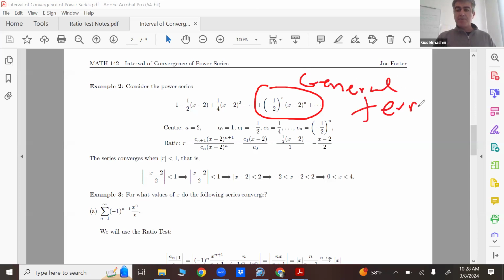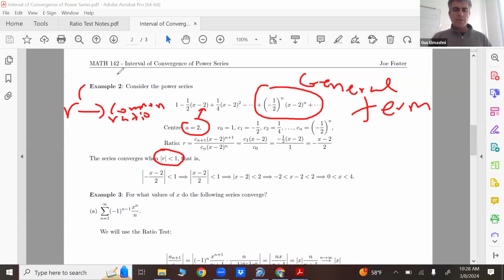This is the stuff that the AP Calc BC students have been working on over the last couple of months or so. So we say the center is at 2. And we know what c0, c1, and so on are. Then what you do, we know that we only get convergence when this happens. When the common ratio, r is what we call the common ratio, is a common ratio. And what you're trying to do is force